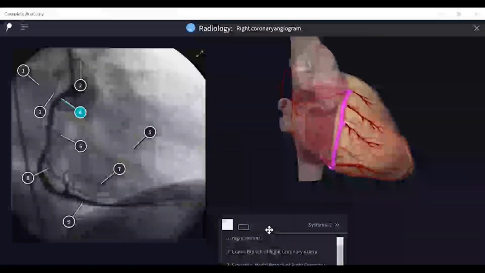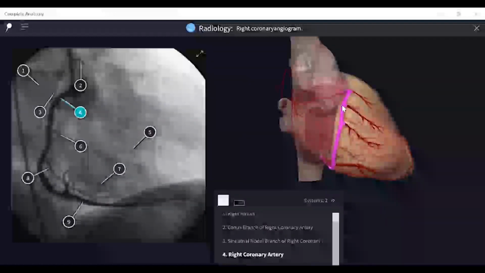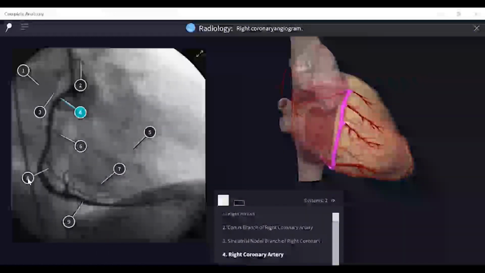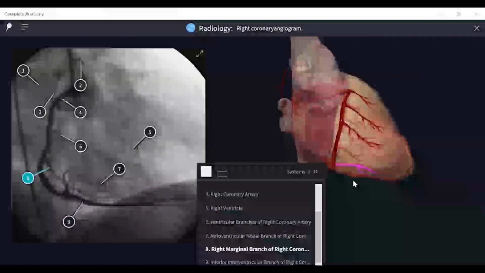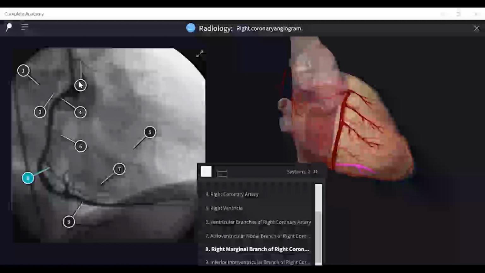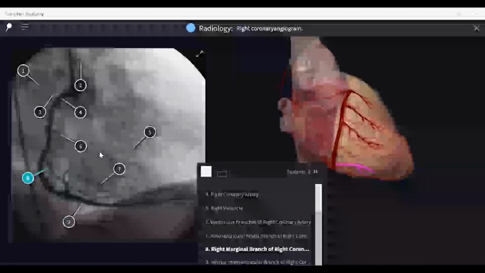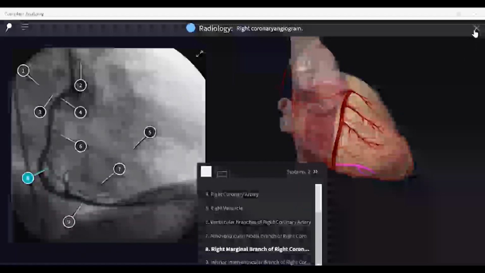So this will be the right coronary artery. If I go to this number 8, this will be the right marginal artery. So like this, now you can have a better grip of the radiological structures.